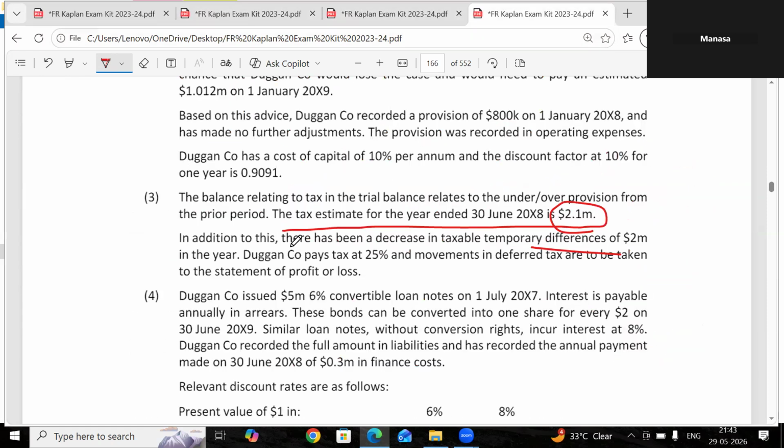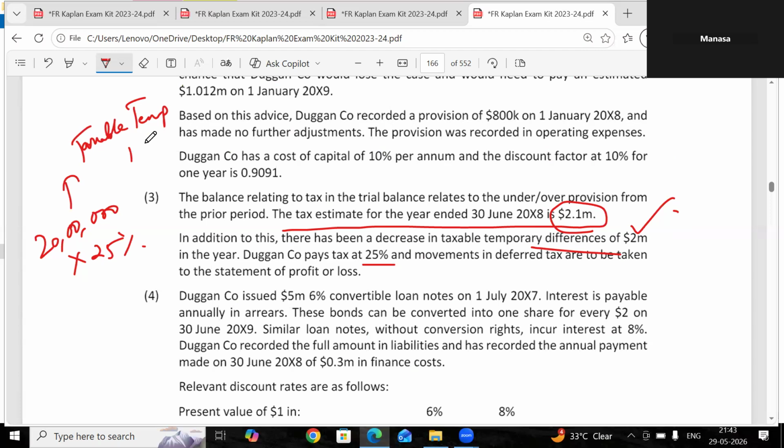So in addition to this, there has been a decrease in taxable temporary difference of 2 million in the year. Duggan company pays tax at the rate of 25%. So 2 million is 20 lakhs into 25%. This is your taxable. There has been a decrease in taxable temporary difference of 2 million. So this is taxable temporary difference reduced. So this will create